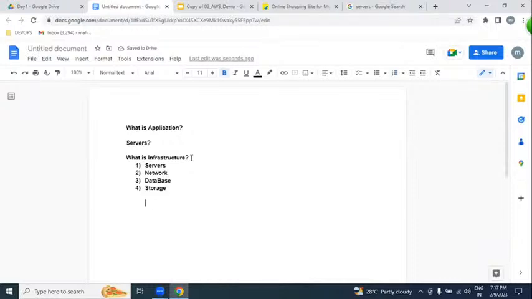So these are all the infrastructure required for maintaining our applications.